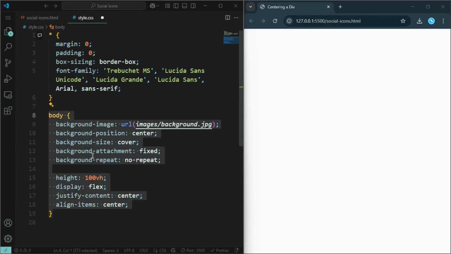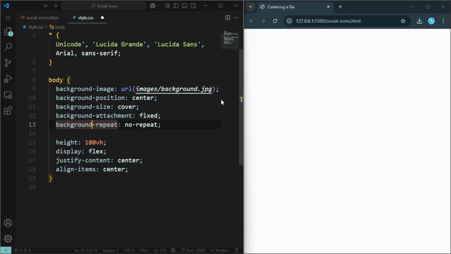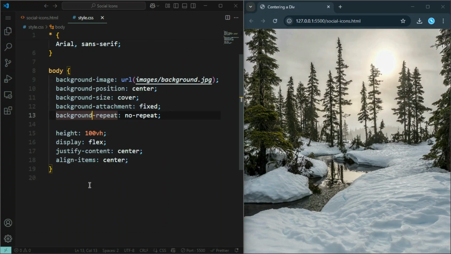For our body, we're going to put a background image, and we're going to put a URL with our image and background position at center, background size cover, background attachment fixed, and background repeat, no repeat. And to center our div, we'll need a height of 100 viewport height, display a flex, justify content center, and